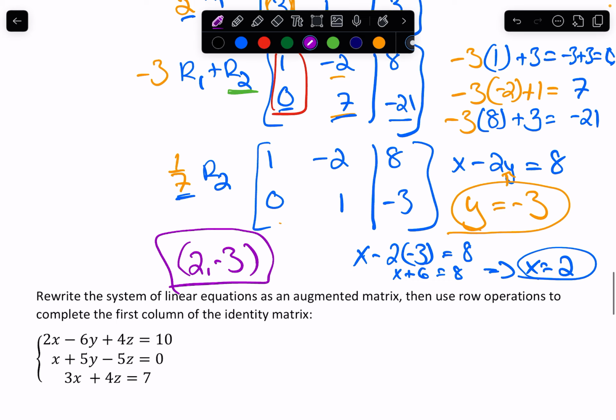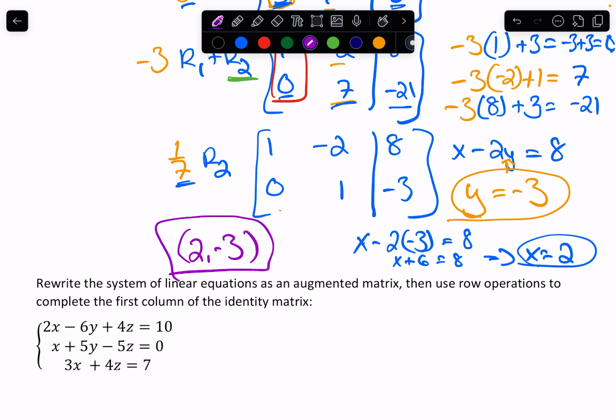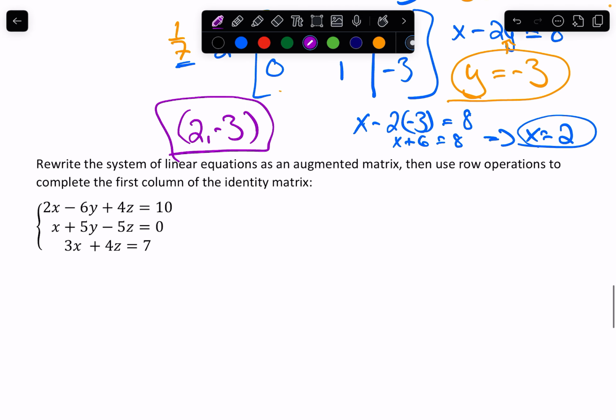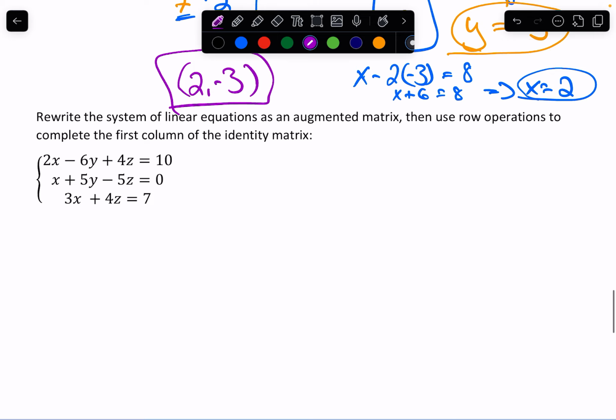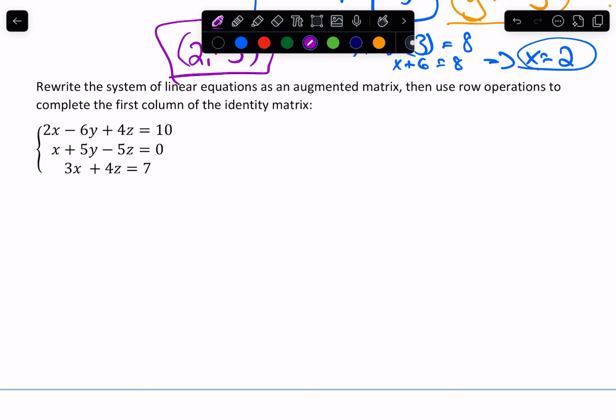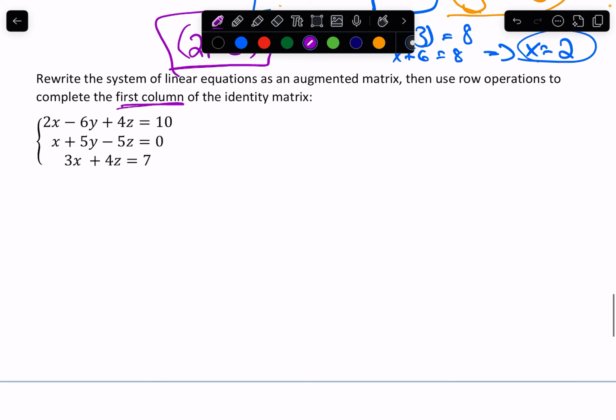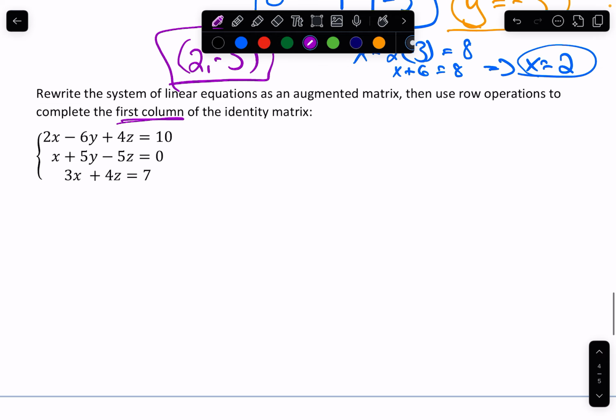Okay, next one. Again, same thing. Rewrite the system of linear equations as an augmented matrix, then use row operations to complete the first column of the identity matrix. And notice that this is just asking the first column, so nothing else. Okay, so let's go ahead and write this as